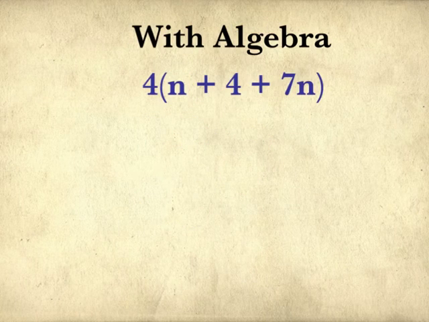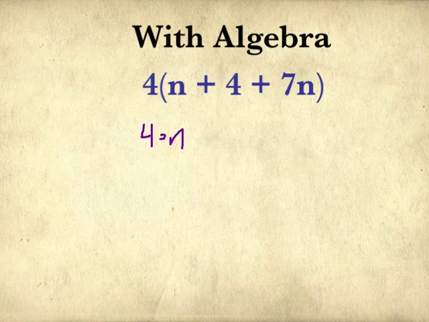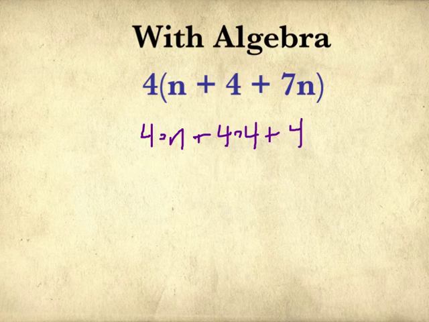Our next example here is another one using algebra. You will notice that we have more terms inside of our group here. Instead of just 2 terms, this time we have 3 terms. Same thing applies. Distribute that 4 on the outside to every term on the inside. So this will look like 4 times n plus 4 times 4 plus 4 times 7n. And then we need to simplify, so we know that 4 times n would just be 4n plus 4 times